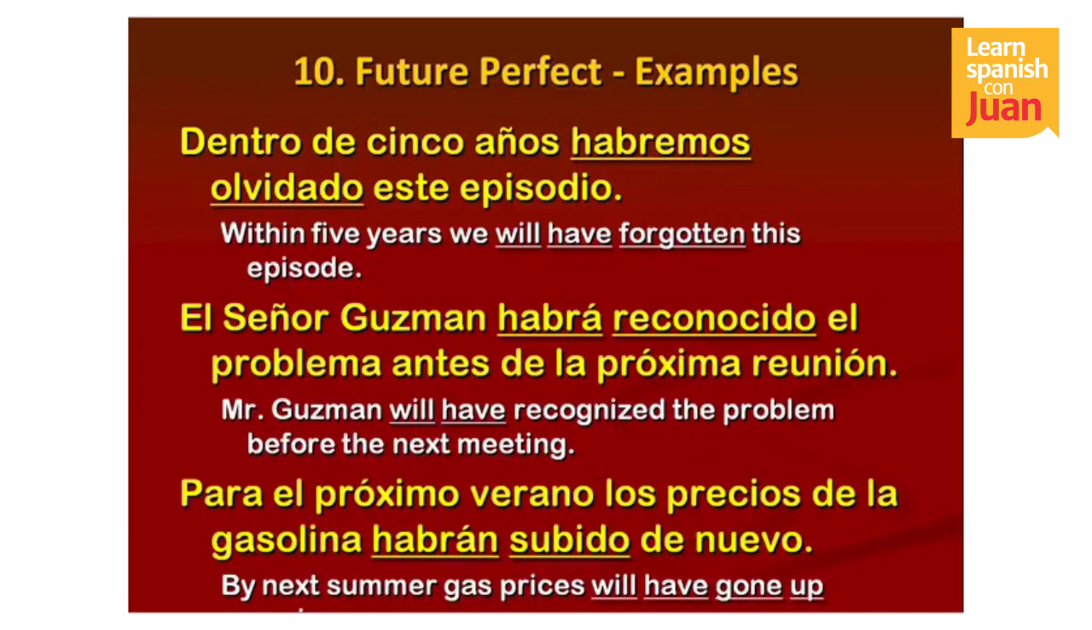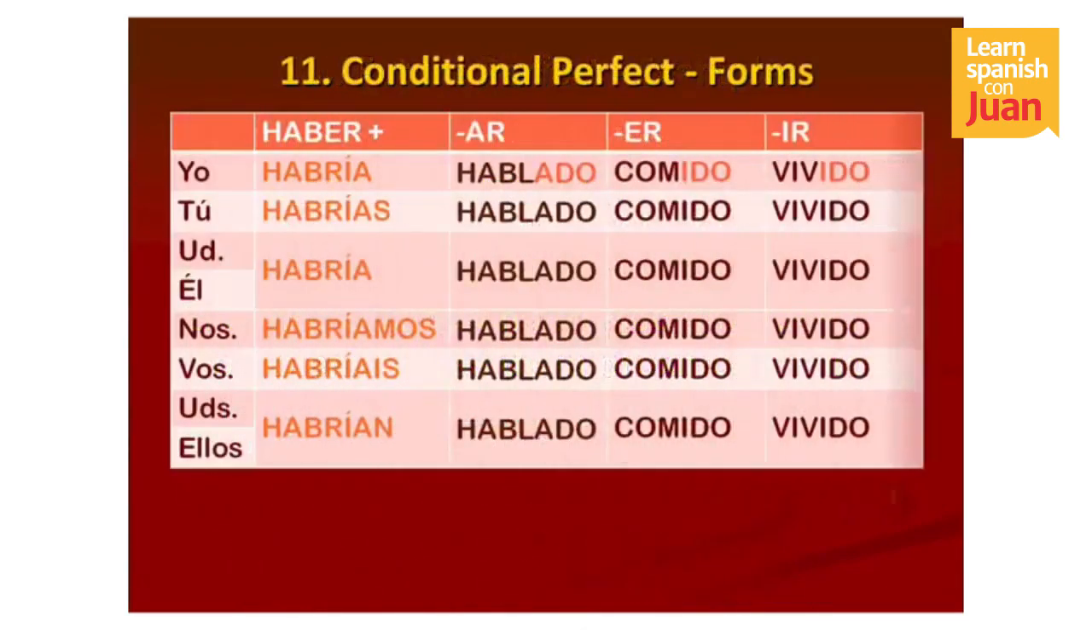Para el próximo verano, los precios de la gasolina habrán subido de nuevo. So by next summer, some point in the future, what will have happened? Gasoline prices will have gone up again. I promise it. Now there is of course also a conditional perfect where we talk about what people would have